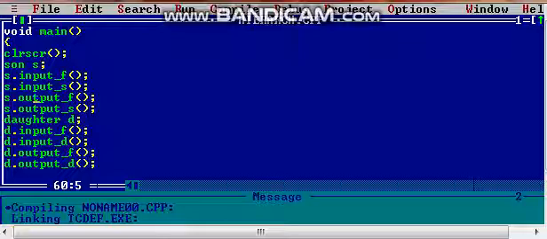Now daughter d. D is the object of the daughter class. Same, we will call all four functions, two functions of the daughter's class and two functions of the father class. Why the father's class? Because father is the parent class of daughter also. So d.input_f and d.output_f, both these are functions of the father's class, and d.input_d and d.output_d, both are functions of the daughter class. So now see the output.